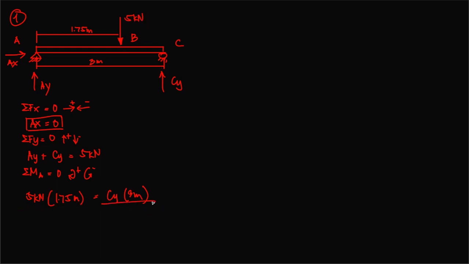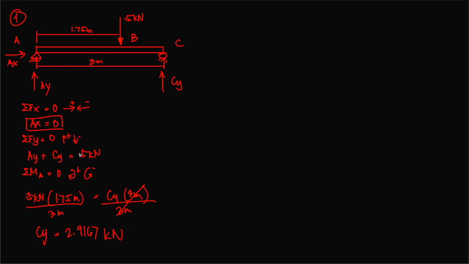Therefore, this is the outcome. And then we will be dividing both sides by 3 meters to isolate Cy. So we will have Cy is equal to 5 kN times 1.75 meters divided by 3 meters. We'll be cancelling out that unit, and then we will be using a calculator to solve for the answer, which we will have simply 2.9167